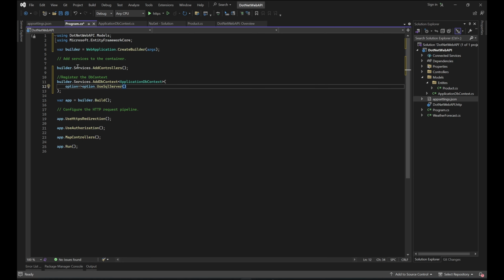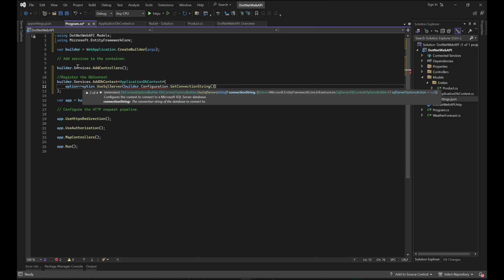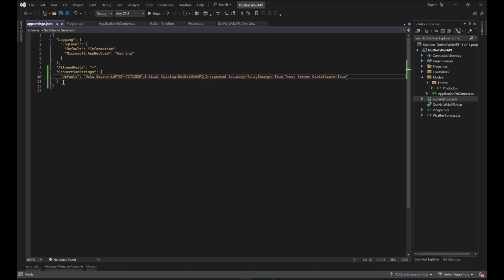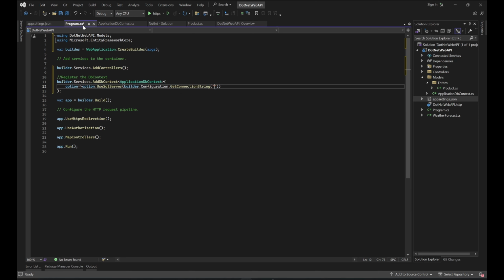Now we have to pass the connection string: builder.Configuration.GetConnectionString, and within that we have to pass the name of the connection string. So what was the name of the connection string? In our case it is called default. So we are going to copy it and paste it, default, save it, and we are good to do the